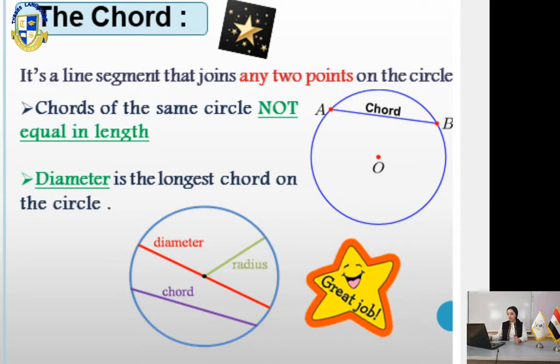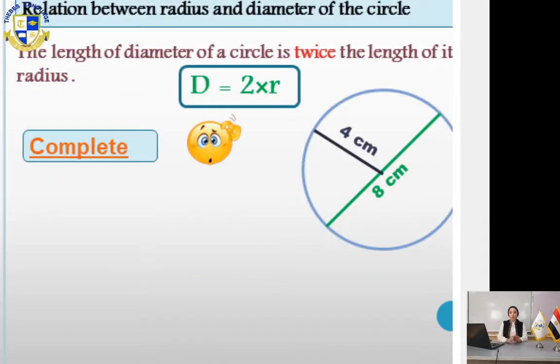Next. Here we have to know the relation between diameter and the radius. What is the relation between diameter and the radius? Let's see. We said before the diameter is the longest chord in a circle. Okay, the diameter here is AB. Okay, what is the radius here in the circle? The radius, as we said before, is a line segment that connects the center to any point